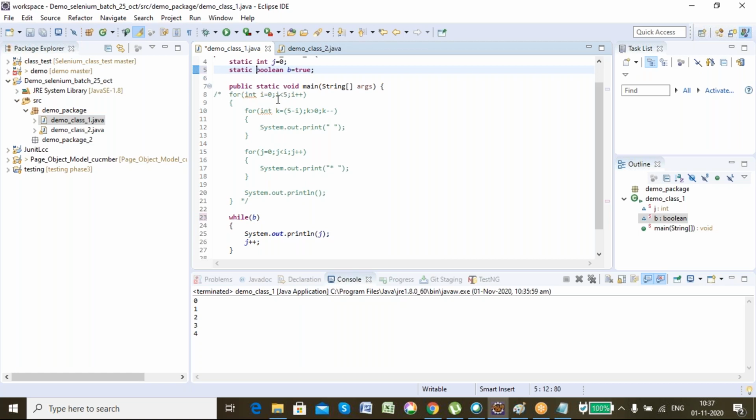If I write i less than 5, in the backend it is returning me true or false. So if I directly have a Boolean value, I can directly write here that it is true or false. Got my point? So can you tell me what will be the output here?